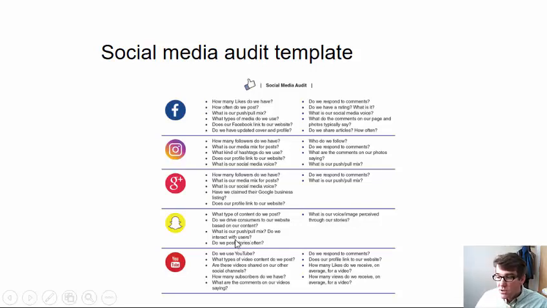What is our push-pull mix? Do we interact with users? These are just different types of questions that you can ask yourself when you're looking inside of the internal audit and thinking about how we use social media. Also, in the external audit, you could look at what our competitors are doing with their use of social media. Again, I'm hoping that you'll go through and give this a look and see what information you can glean that will help to inform your social media campaign that you are going to put on as you progress through